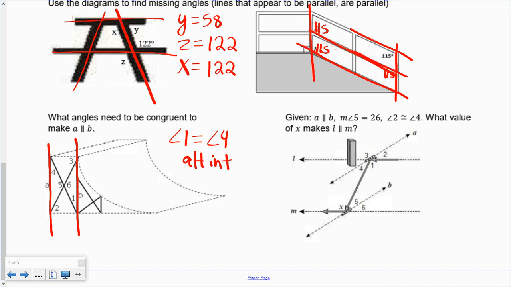But by that same argument, why can't I do 3 and 2? Because they're exterior. 3 and 2 are inside the lines. 3 and 2 are right here. Why couldn't I have used those? Because they're not inside the